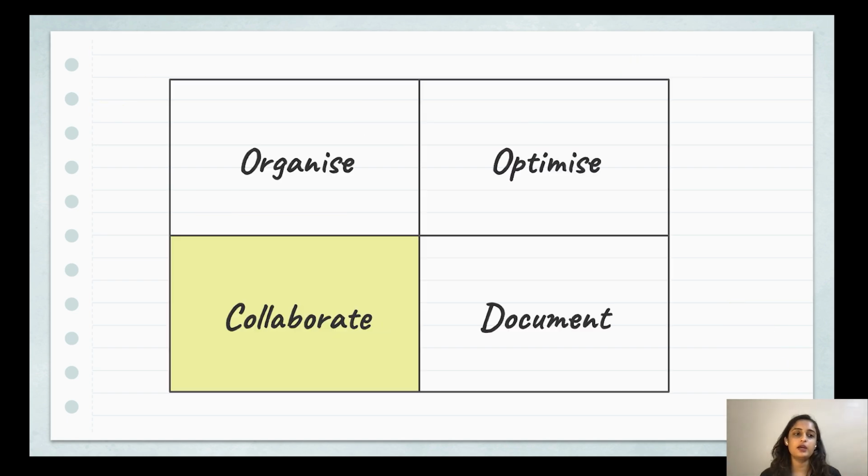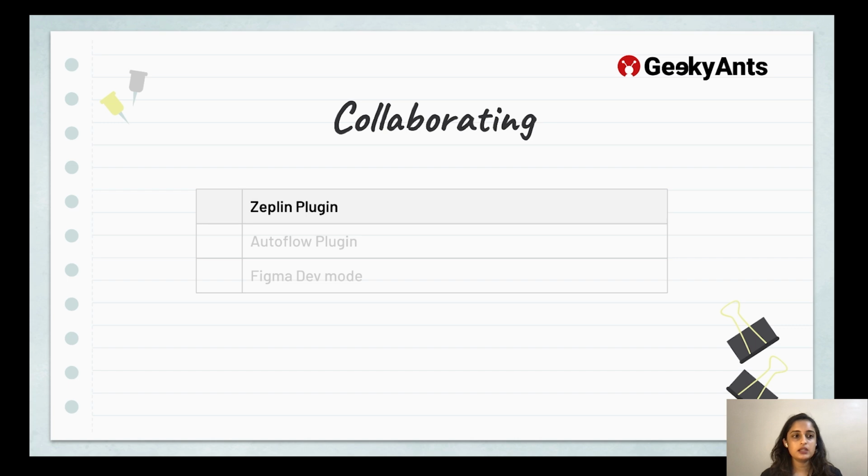Next, we have collaboration. One of the most enjoyable phases of a handoff is the collaboration phase. The way you collaborate with your developer team can make or break your product. It can be a little frustrating to convert your design terminology into development terms. And like I said, we don't speak the same language. And it's very important that you have a middleman to effectively bridge this large gap.